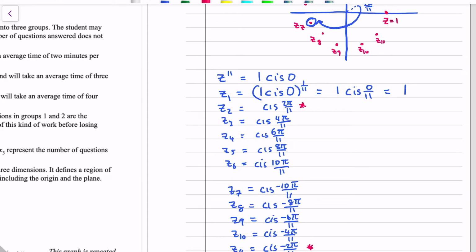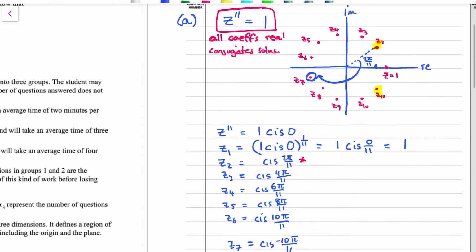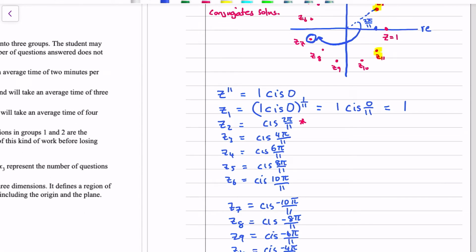negatives of one another. And in the Argand diagram, hence why I was trying to draw my thing to scale, z2 and z11 have the same real part, but they have negative imaginary parts. Remember, the real axis is this and the imaginary axis is that. So they have the same real part, but the imaginary parts differ by a minus. Okay, so if we add up all of the solutions to this problem,